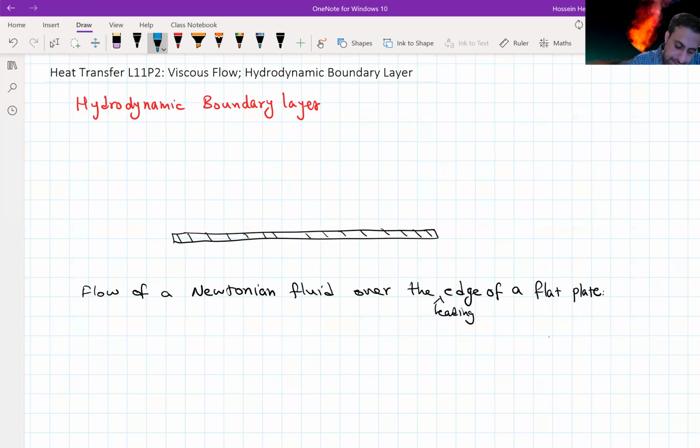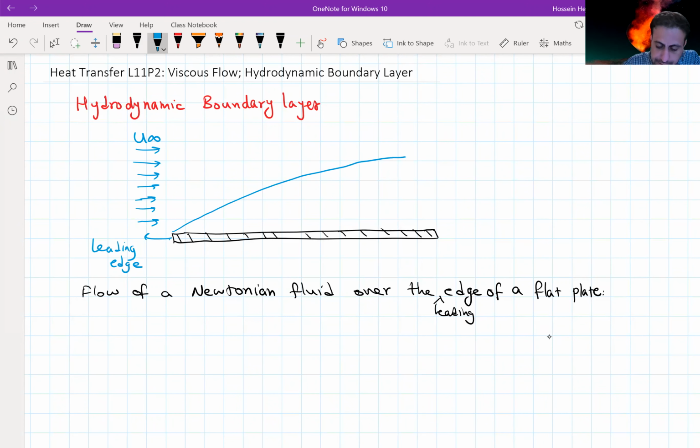So let's say we have this Newtonian fluid that is flowing over this flat surface with the u infinity, and here is the leading edge of this plate. When it starts to flow, from fluid dynamics we know there's going to be a boundary layer forming over the flow. We show the thickness of this boundary layer by delta, and this